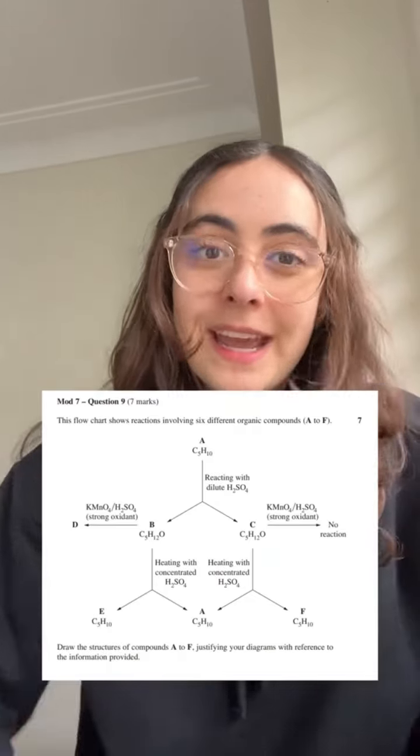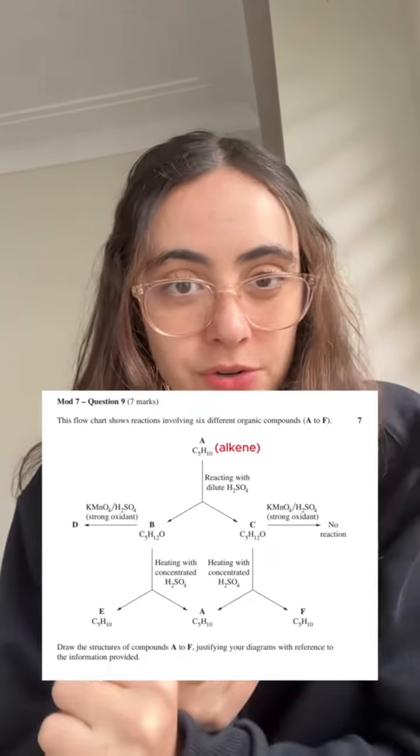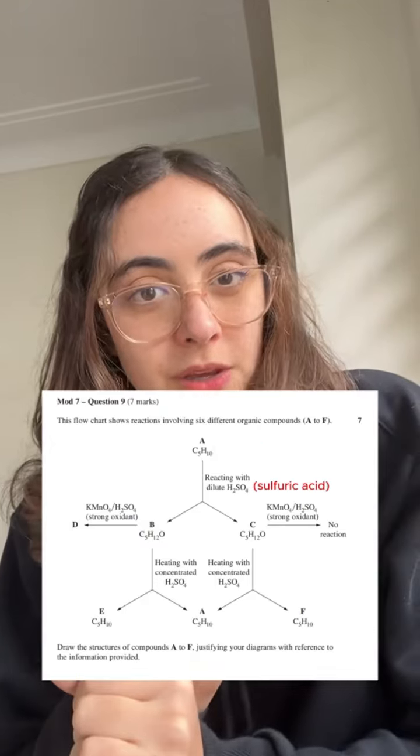Question 1 tackles organic chemistry reaction pathways. If you see a flowchart like this, don't panic. The key is to identify what functional group you're starting with, what reagent is being used, and what is changing